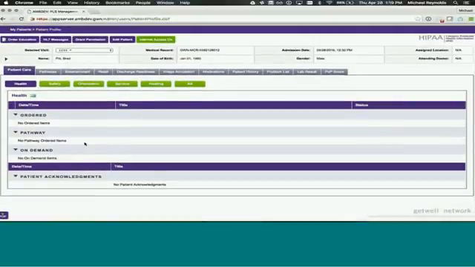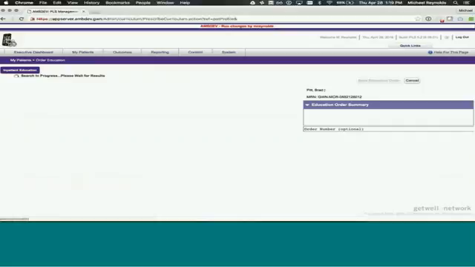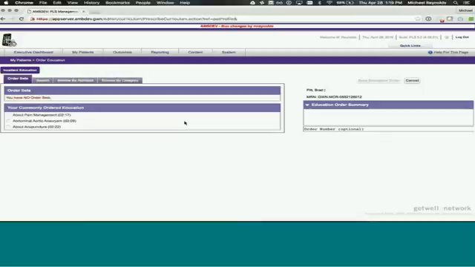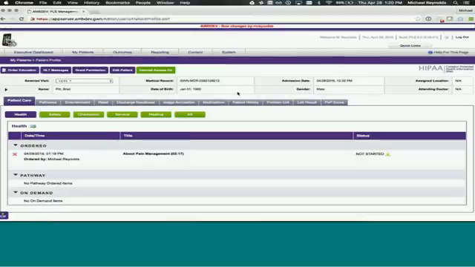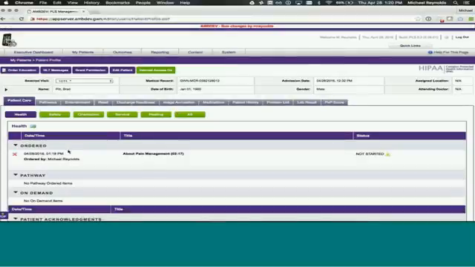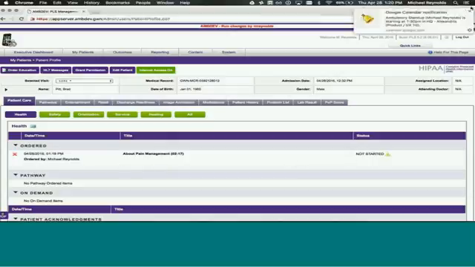I'm going to go ahead and order a piece of education for Mr. Pitt here. This simulates a patient getting ordered education through an order interface in the EMR prior to them being moved into a GetWellNetwork location. So I'm going to order the About Pain Management video. Go back to Brad's patient profile, and we'll see that we have one outstanding not started order for the About Pain Management